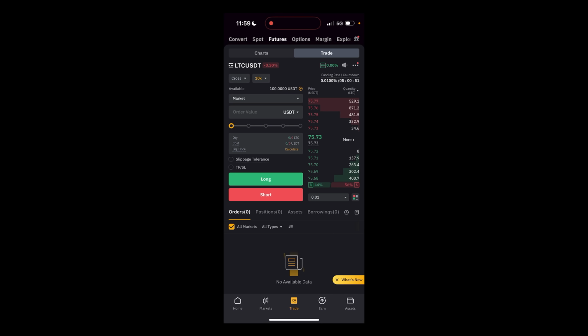You click on it, and then here is showing available balance, which is $100. The next thing is market. Now we are not entering the trade in market order. If we're entering in market order, all we have to do is to just set 5% of our capital, and then we just long, and that's our 10x leverage. But no, since we are setting market order,